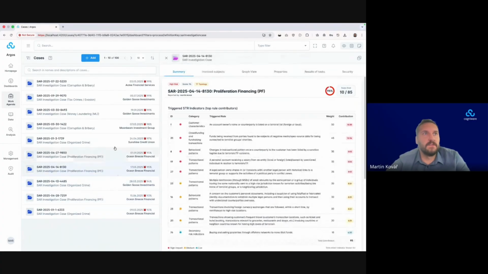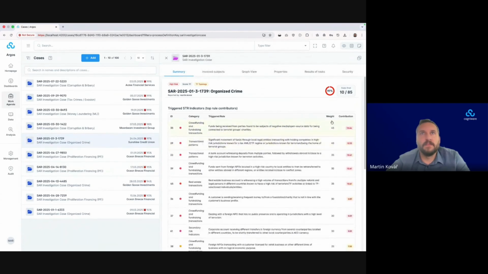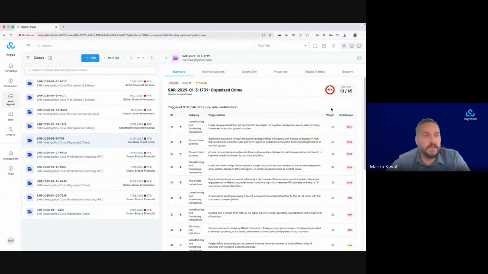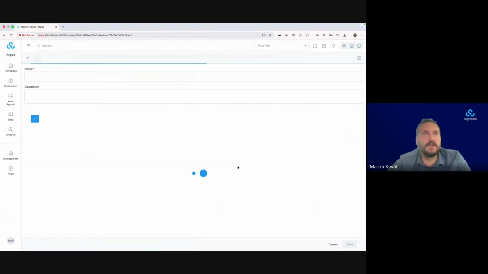Right. So these rules are a bit more complicated than those of a traditional transaction monitoring system because we are highly leveraging the computational power of the graph and more complex relationships. These are not direct links or simple normalized rules, but can be more complex. To give you an example, let's focus on this rule, funds sent from foreign NPO.